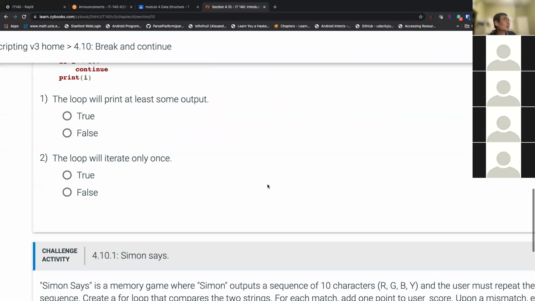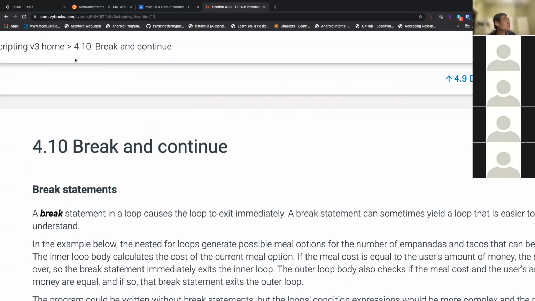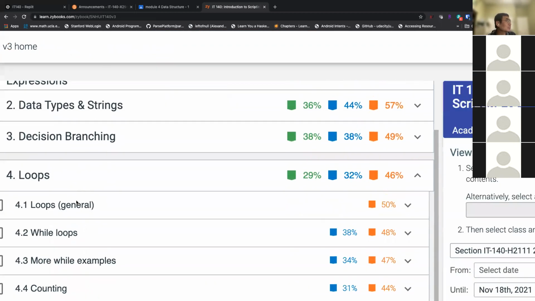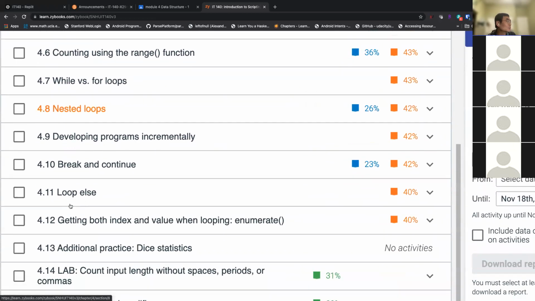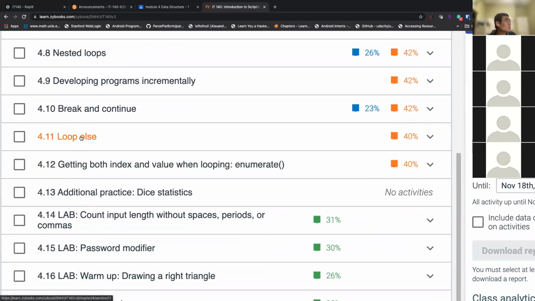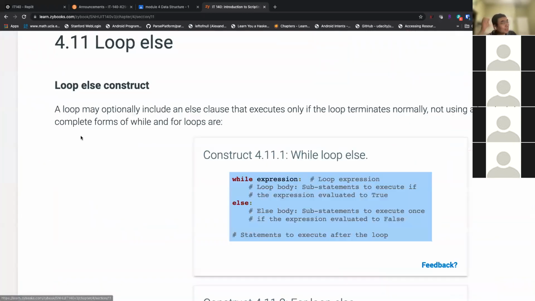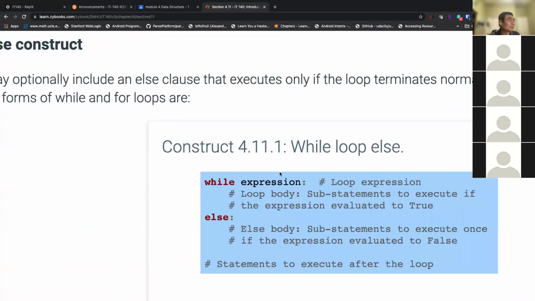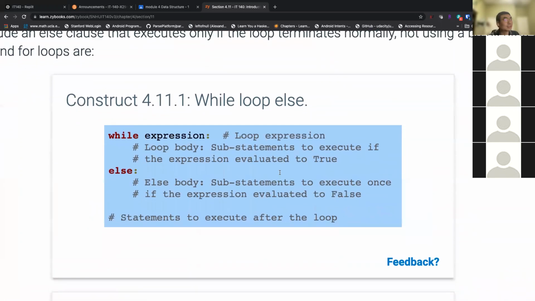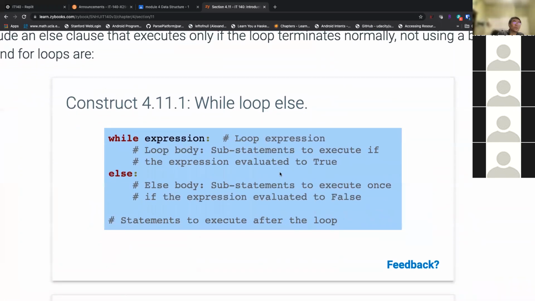All right, what we can do here is, let's see, nested loops, break and continue. Oh, loop else. I feel like this is at least a common one that's being mentioned in this community. So what does this else statement do for the while?